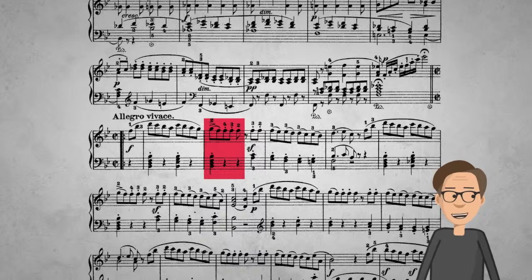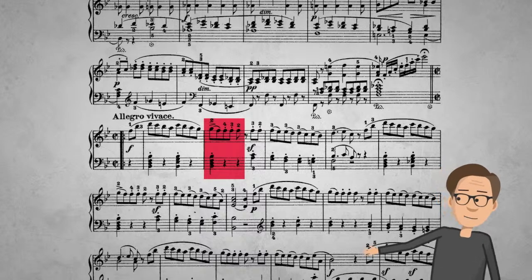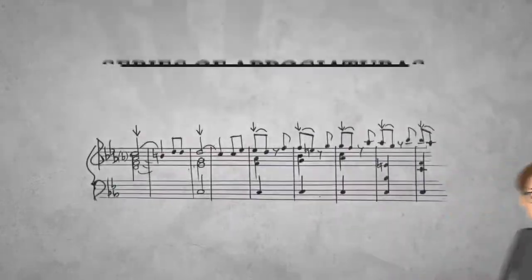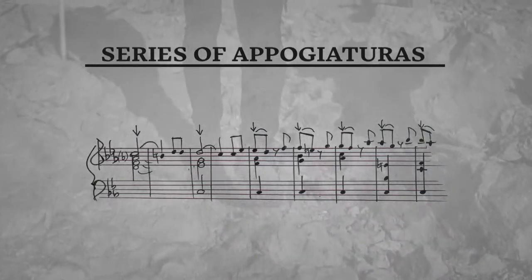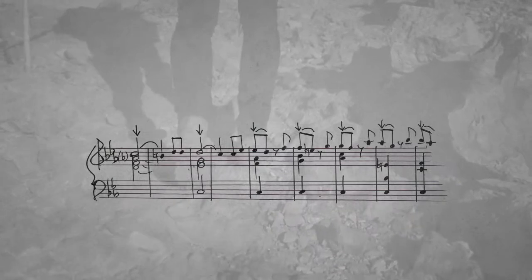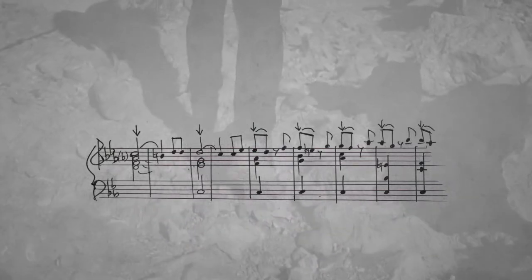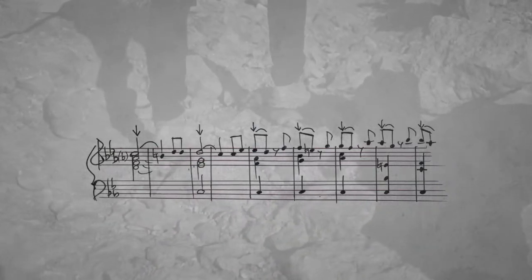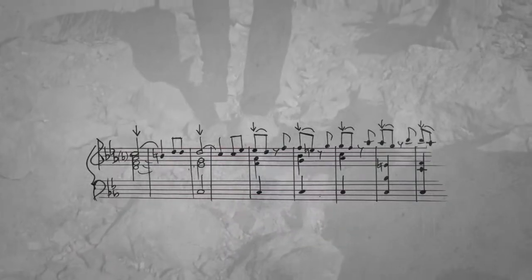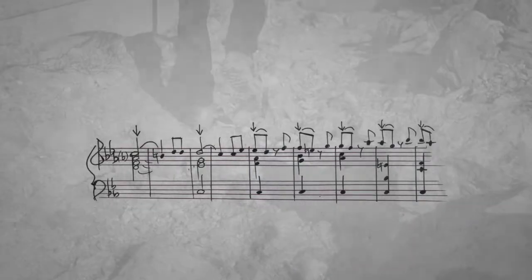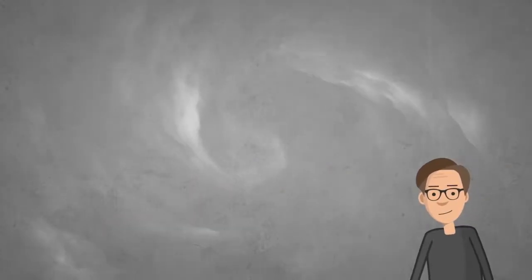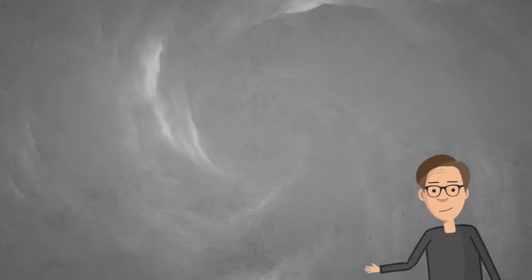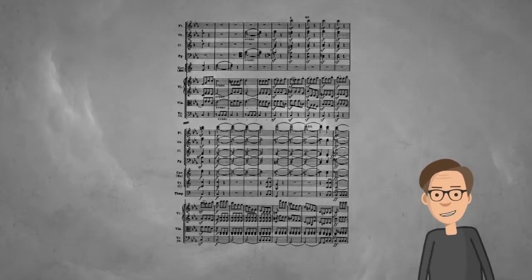The appoggiatura leans on the main note. It's very expressive. And if you slow the music way down, there's your appoggiatura that suspends. Another one. And another one as it ascends. Another. But instead, Beethoven uses this sequence to drive the music ahead into the first thunderous passage of the work, straight C minor, driven by the repeated motive, bop, bop, bop, bop, in the strings.